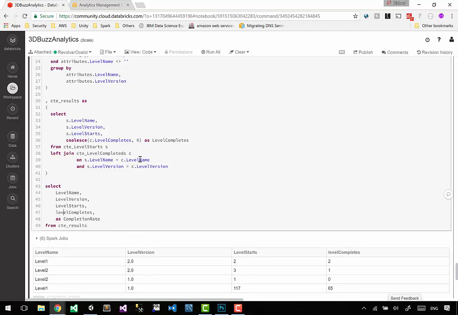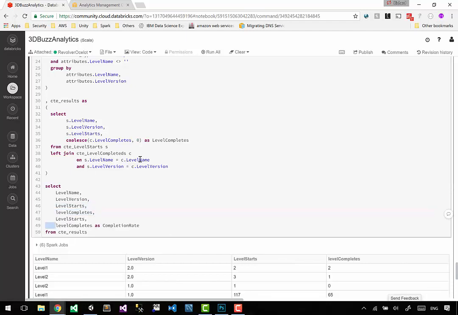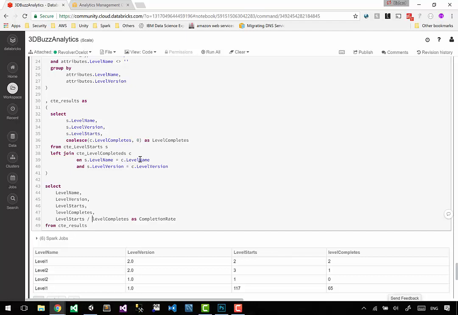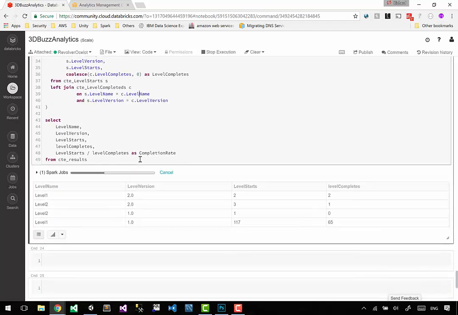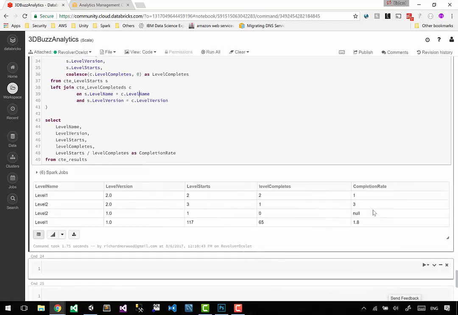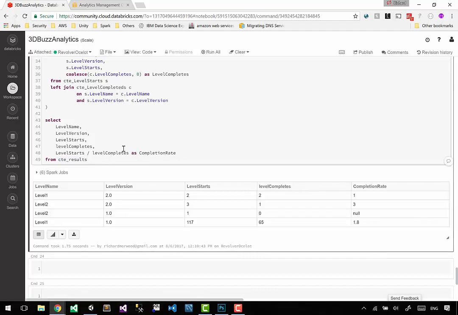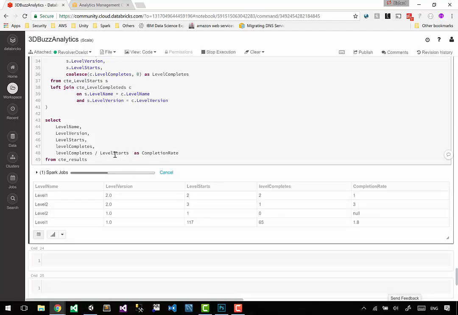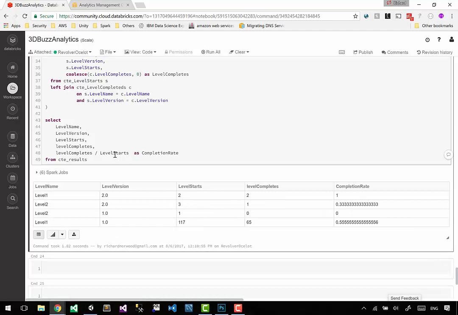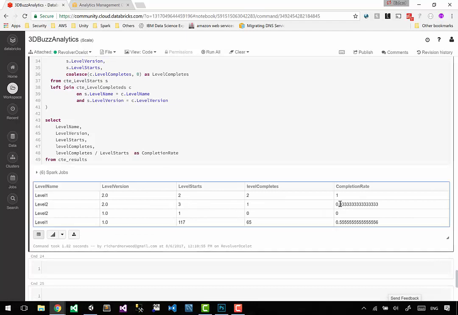Completion rate, yep. Take these guys, paste them there, run that, and we have ourselves a problem, which is that we have a completion rate of 1.8. Oh. Because it's really little divided by big to get your completion rate, not big divided by little. Can't have more completes than you did starts. There we go. So now we had a 33.333333333% completion rate, and here we had a